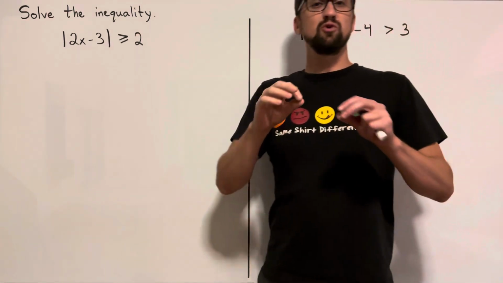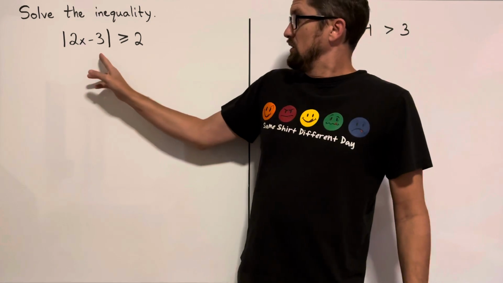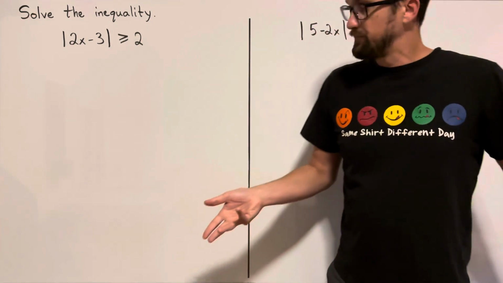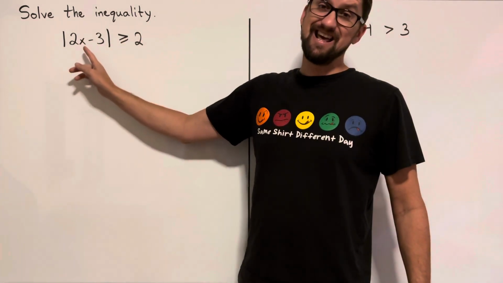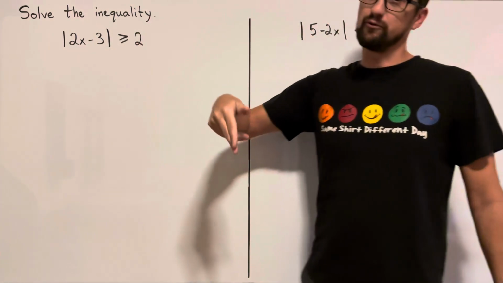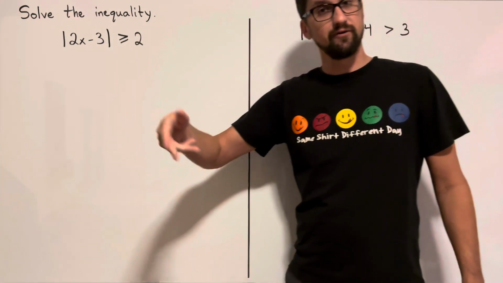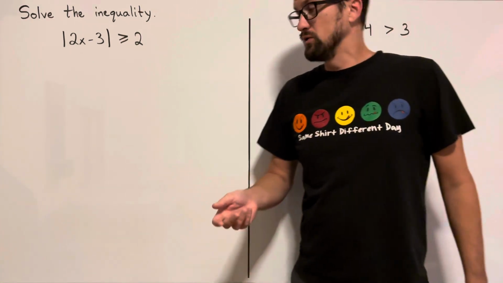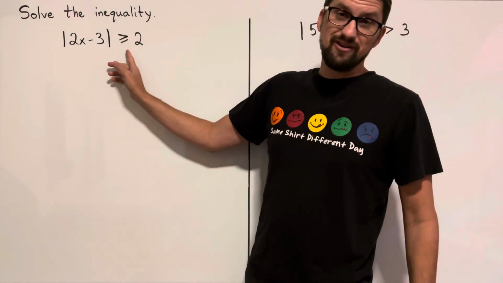What we're going to do here is split it into two inequalities. Obviously, if the inside is greater than or equal to 2, it's going to work. But another situation is if the inside here is less than or equal to -2, like -3, -4, -5, because when you take the absolute value of those numbers, it makes a positive out of it, which is also going to be greater than or equal to 2. So whenever you have an absolute value isolated and you have a greater than sign, you're going to split it